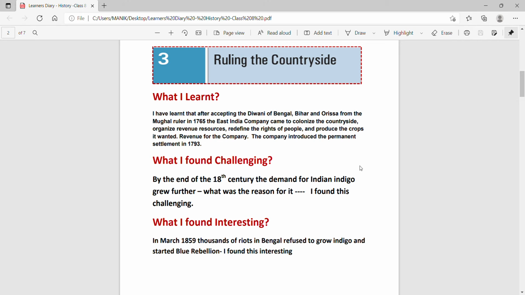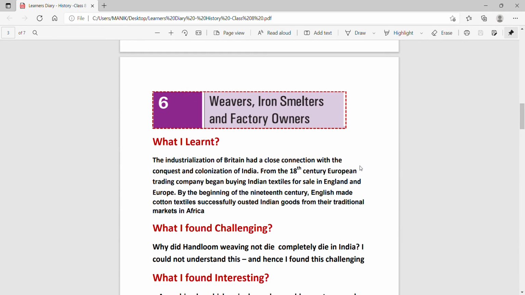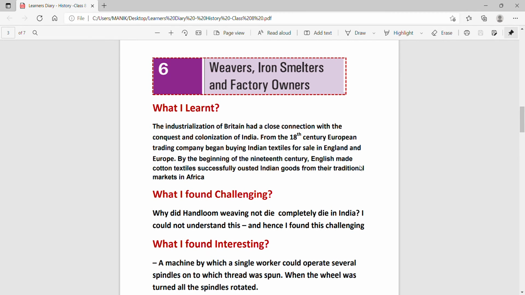So let us go to the next chapter, chapter 6, Weavers, Iron Smelters and Factory Owners. Here also I have written what I learned, what I found challenging and what I found interesting. So next,